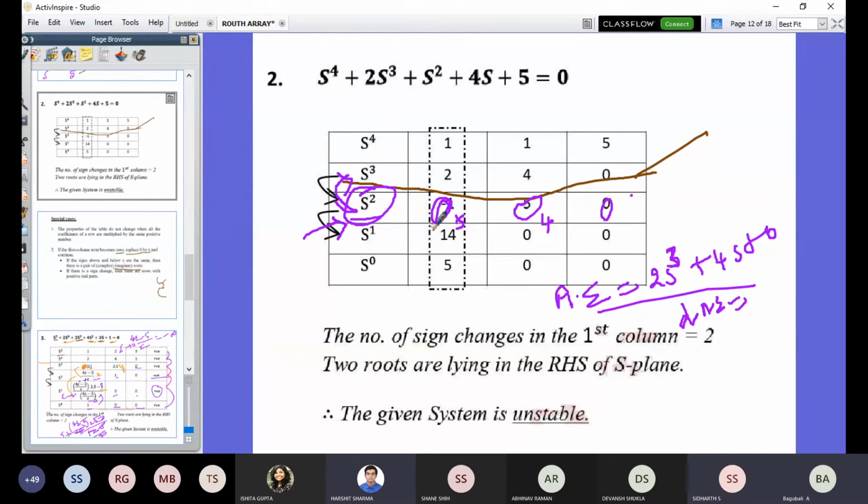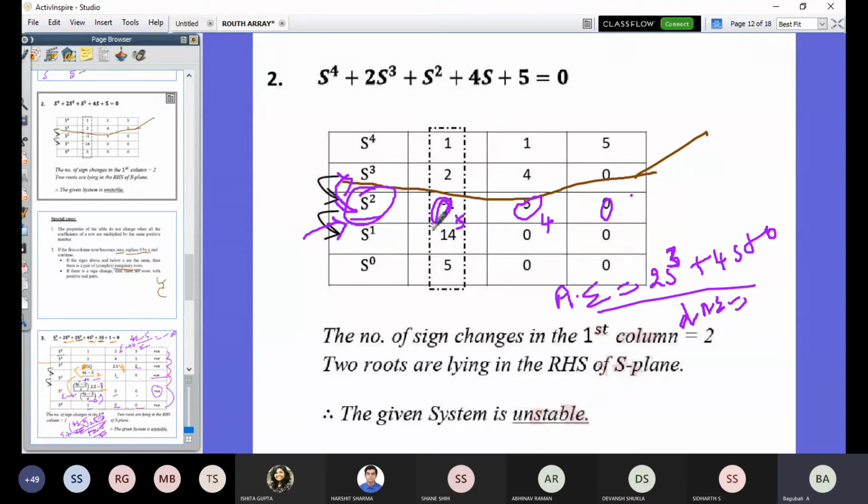If it does not change the sign, marginally stable. Again, marginally stable or it may be unstable according to the location of the roots. Check the location of the roots. That point is very, very important. Directly you should not write that it is marginally stable. We can find where the location of the roots is, and then only can we exactly say whether it is unstable or marginally stable.